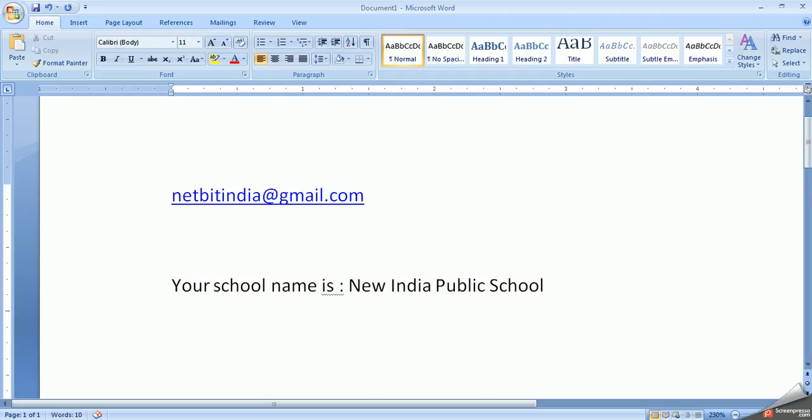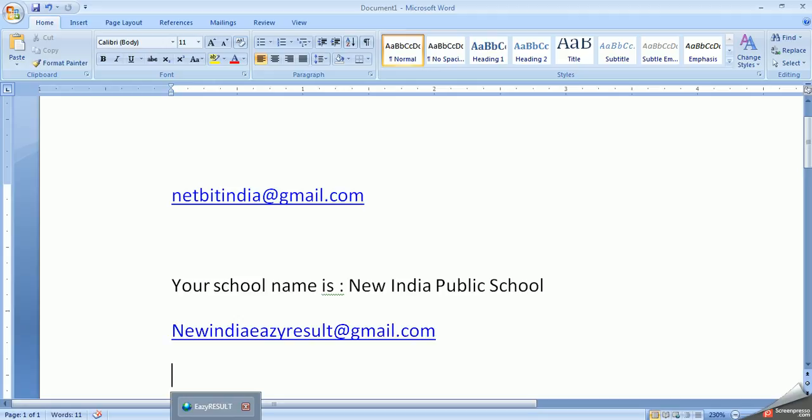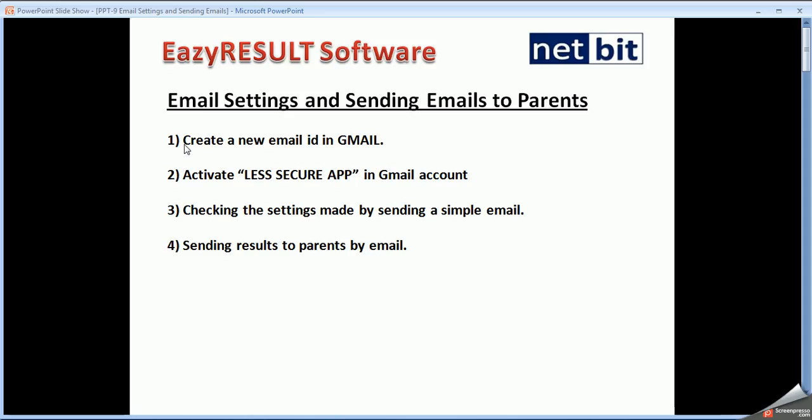You can create an ID like that, New India 123, or New India Easy Result at gmail.com. Like that you can create an email ID. How to create an email ID you already know, so I am not going to touch that area. So our first step is complete.